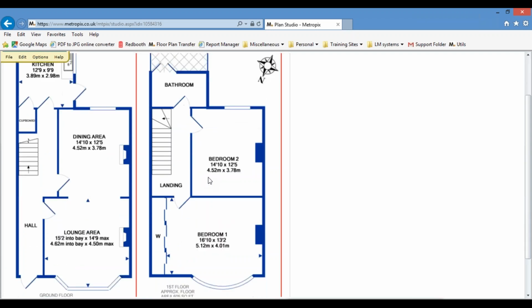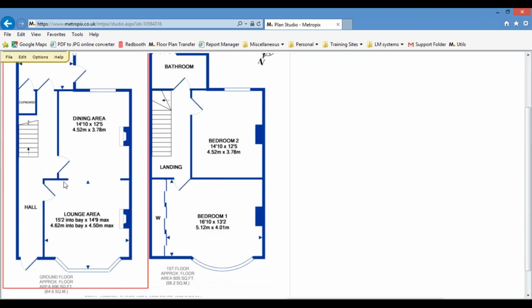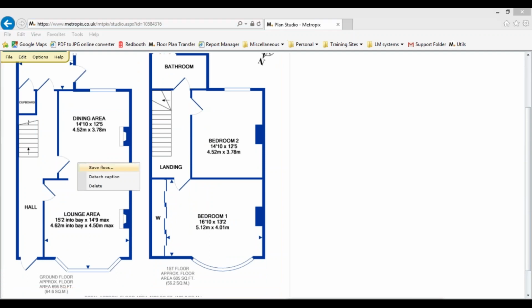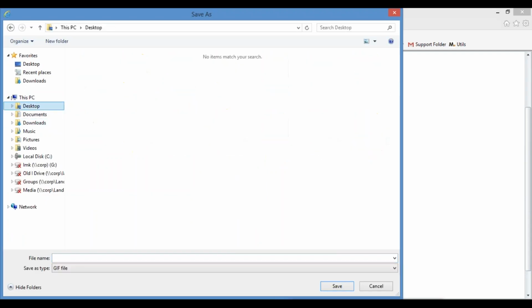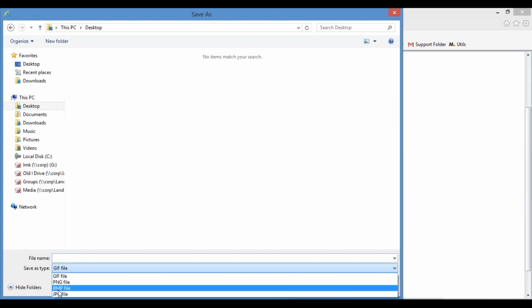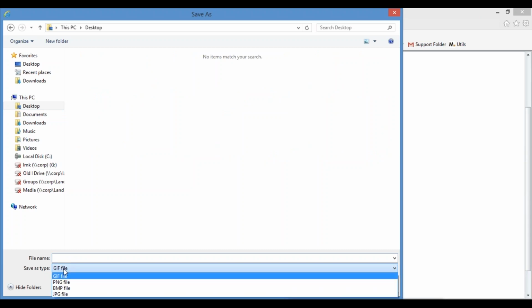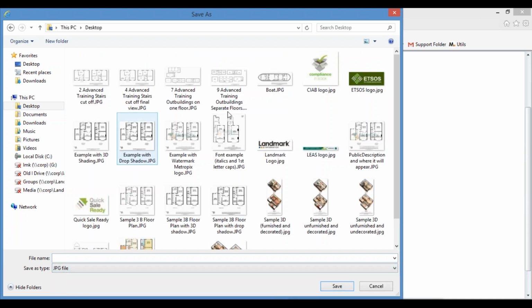The other thing you might want to do, some agents need to change each floor separately. Okay, so they would draw all floors on the Metropix account, and if we just left click on one floor, we can click Save Floor, and we can choose where we're going to save it to. It could be our desktop or wherever, and give it a file name. The only thing with this, it defaults to a GIF file, so always remember to choose a JPEG. Okay, so give it a file name, choose it as a JPEG file, and then click Save